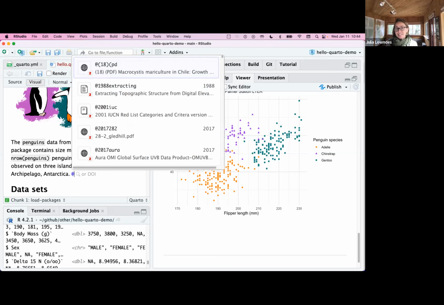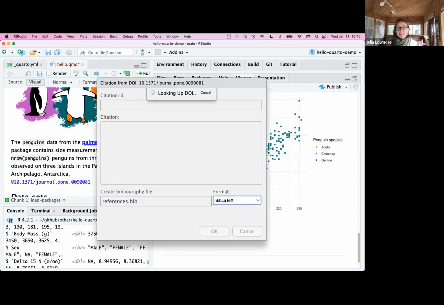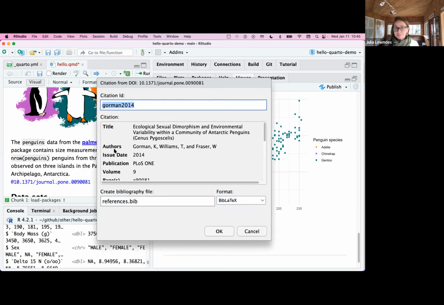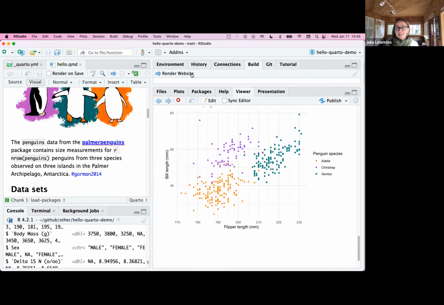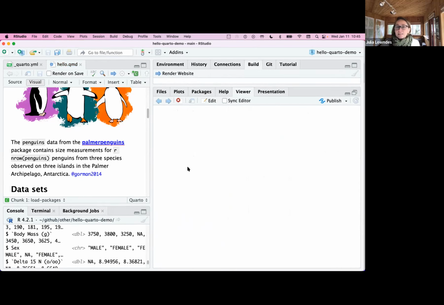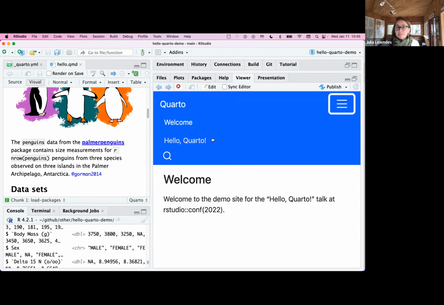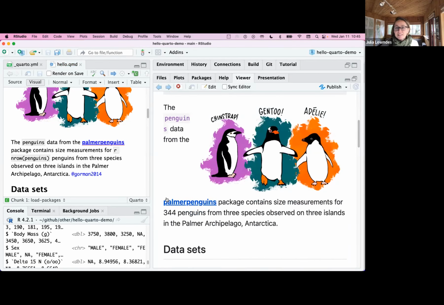So when I press this @ symbol, I'm able to search my whole Zotero library, or even paste a DOI. So that's what I just copied. This is the original paper for this Palmer penguins. And so I'm able to add that easily like that through this little interface. And then when I, again, build my website, and then let's have a look here. You'll see that this,